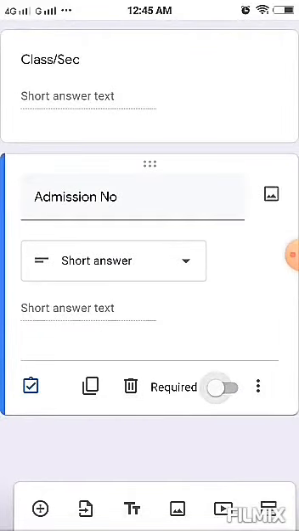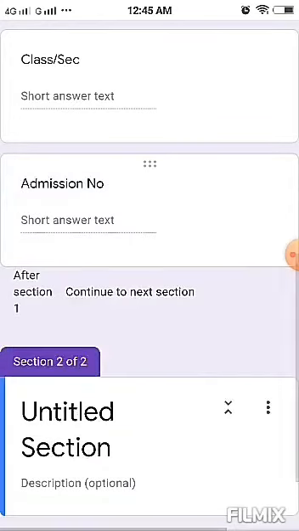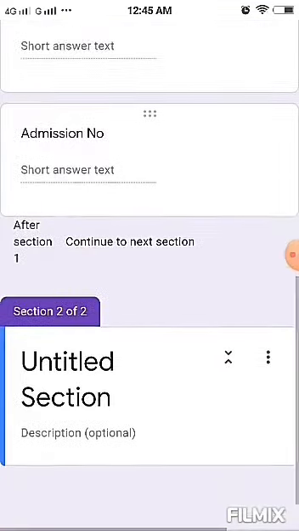Now I want to add a new section to my paper. For it, again see the bottom of the screen, there is a double bar symbol at the right side of the mobile screen at the bottom. Click over it. It will add a new section to my form. You can see section 2 of 2 is written here.